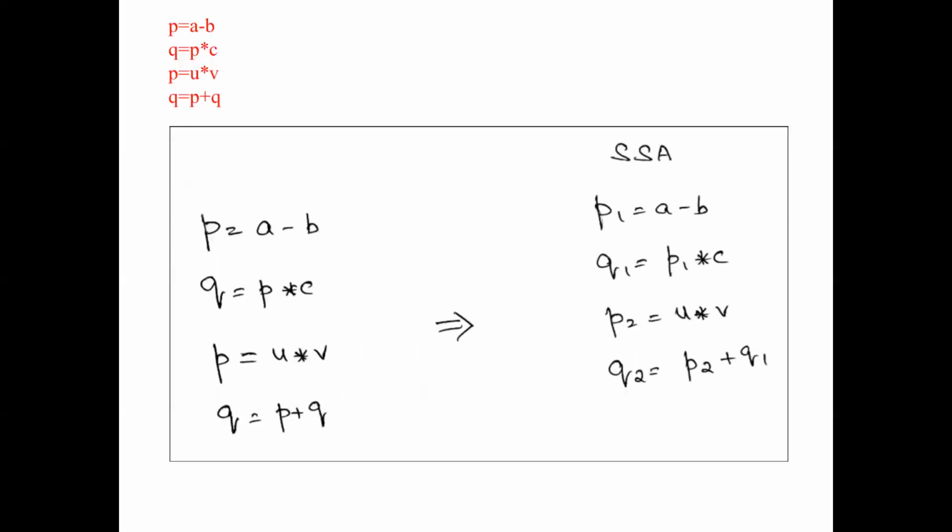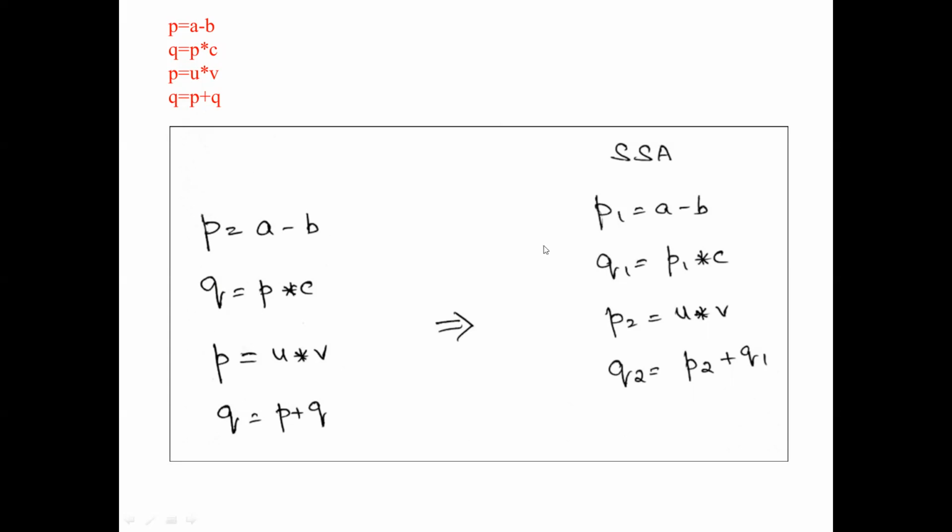Okay, now coming back to our question, they have given us in 3 address code like this. Now if you have to convert this 3 address code, P and Q occurs many times in the left hand side of the 3 address code. Okay, so this P and Q occurrence has to be changed to P1 and Q1, and this P and Q occurrence has to be changed to P2 and Q2 normally. Now this P1 Q1 representation is up to our choice. Instead of P1 Q1, you can also use P3 Q3 and P4 Q4. It is entirely up to us. Okay, it's not necessary that P has to be replaced with P1 only.